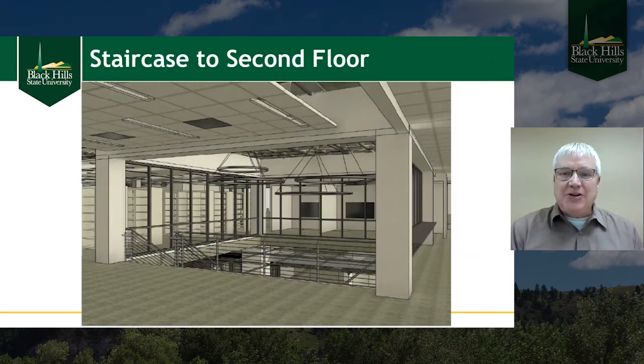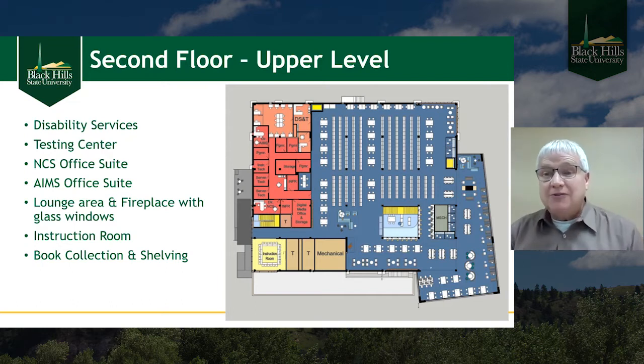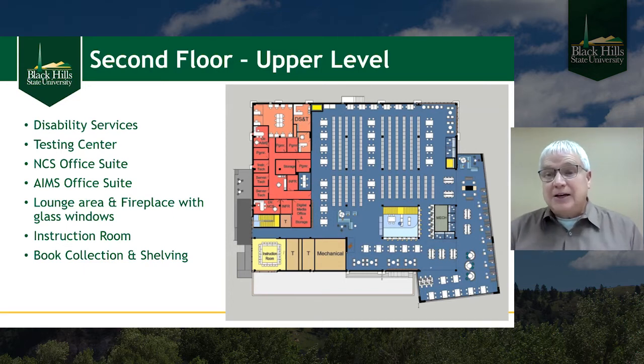This is a view from upstairs. You see the railing and the glass partitions. Next, please. So this is the second floor. You'll notice that what books we have left will be on the second floor. You'll notice network computer services are on this level. You'll notice the addition. Next, please, we'll show you